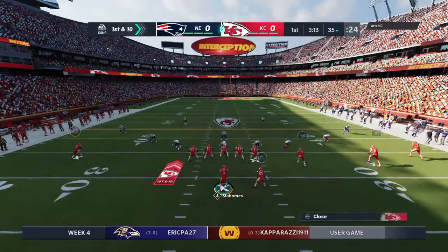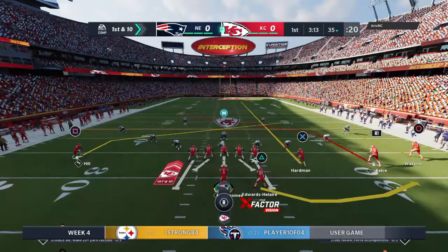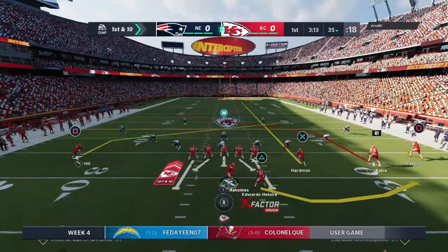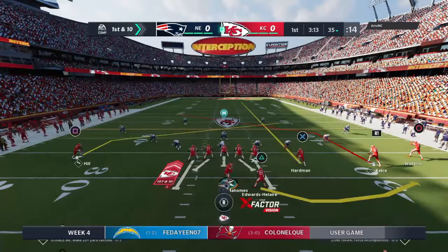Right there, 54, right there, 54, Mike. You're not ready. You're not ready. Mike's 54. Mike's 54. Come on, D. I don't need to. Check